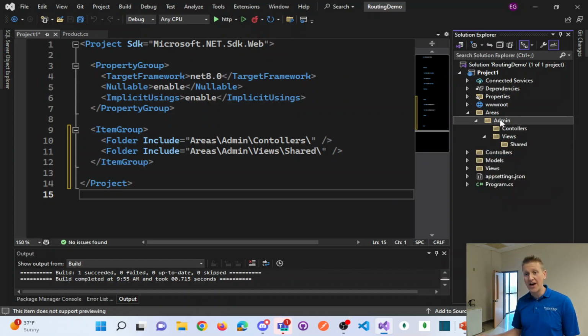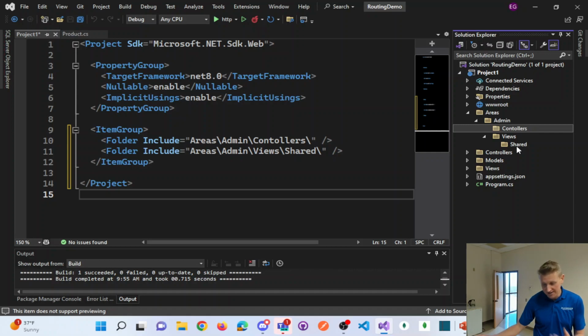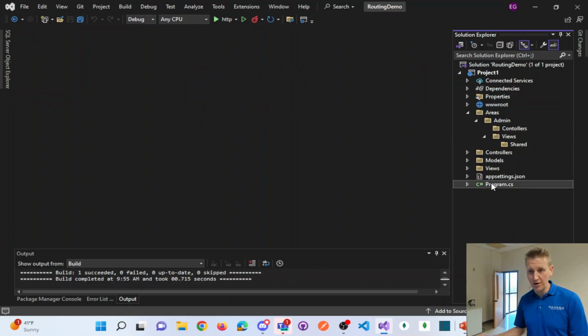So we start adding files to these different areas. How does this apply? Well, right now we're not getting super deep into this. This is kind of phase one. And in order to set us up so that we can route to this area, we need to go back to our Program.cs